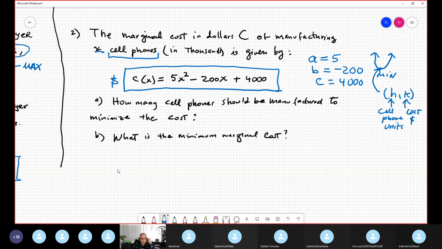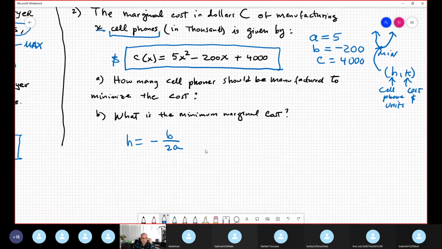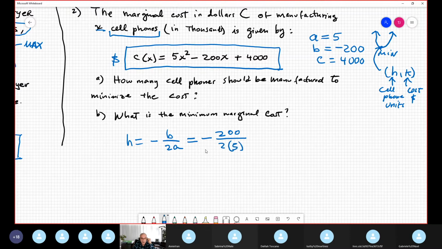Okay, so again, we're using the famous formula. The optimization when it's a quadratic function, we always use that formula. Okay, so now the formula contains the minus. Don't forget the minus of my formula. B is 200, 2 times A, which is 5. Okay, so this is,